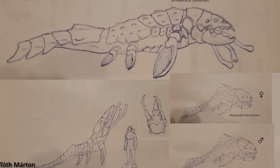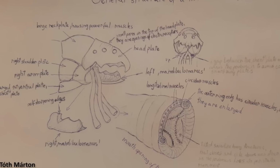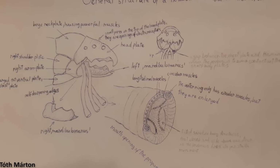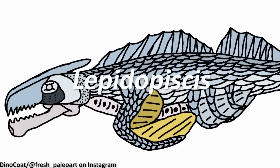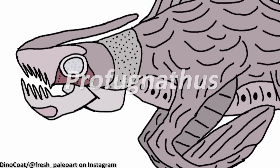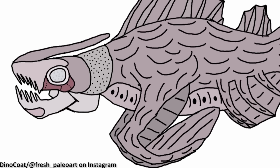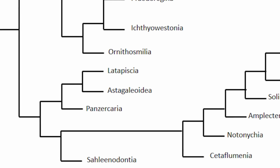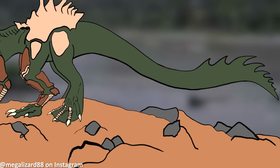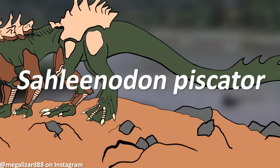The other Lattipiscians are still aquatic though, such as the Pseudomandibulatidae family, a diverse grouping that fill a variety of niches and that possess a convergent Pseudojaw, as well as the closely related Lepidopiscus and Prophognathus genera, which feature cartilaginous external body armour in addition to segments of bony armour and Pseudojaws that are likely homologous with those of other Lattipiscians. The clade Celinadontia is next, which contains the taxon Celinadont piscator, another example of an independent transition to terrestrial